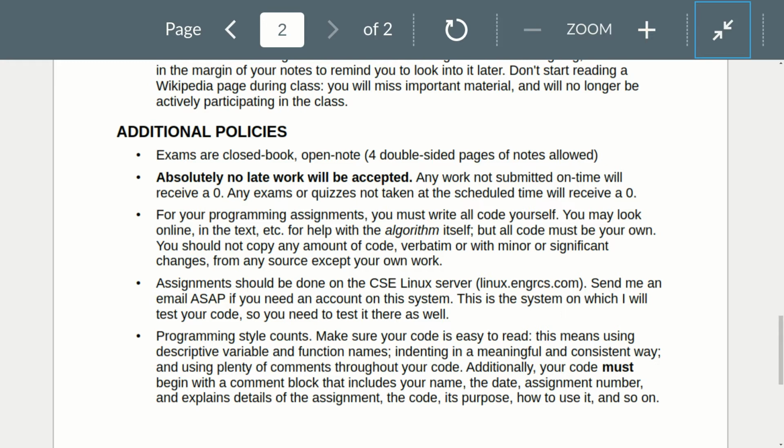Programming assignments, make sure you write the code yourself. You can look up help with algorithms, but your best bet if you're stuck on the programming questions is come and ask. Okay, ask me. Don't ask somebody else, because other people may give you their code, which gets you both in trouble for plagiarism,